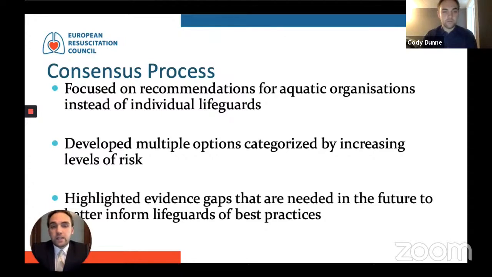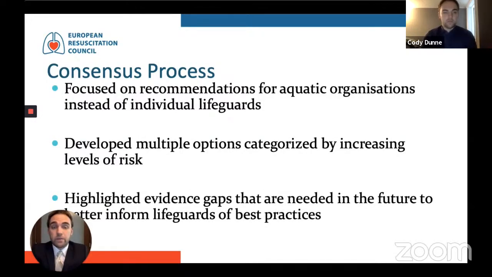To address these concerns, the working group employed 3 strategies. The first was we made the recommendations focused on aquatic organizations instead of the individual guards. This allowed aquatic organizations to assess the risks from time to time and decide how all of their lifeguards should respond at that present moment, instead of lifeguards having to decide whether or not to do ventilations during a resuscitation